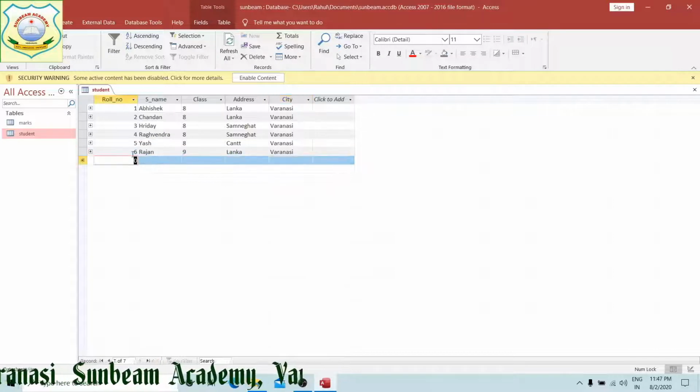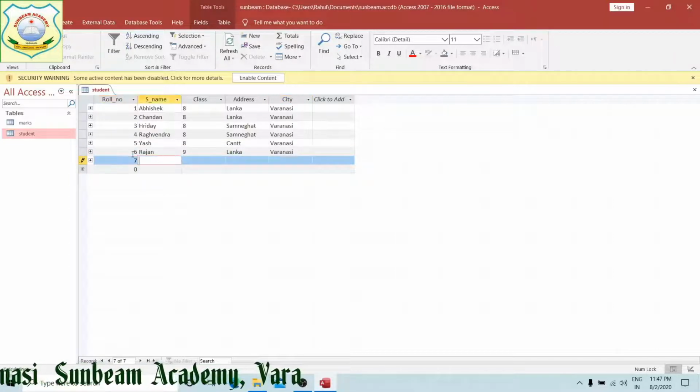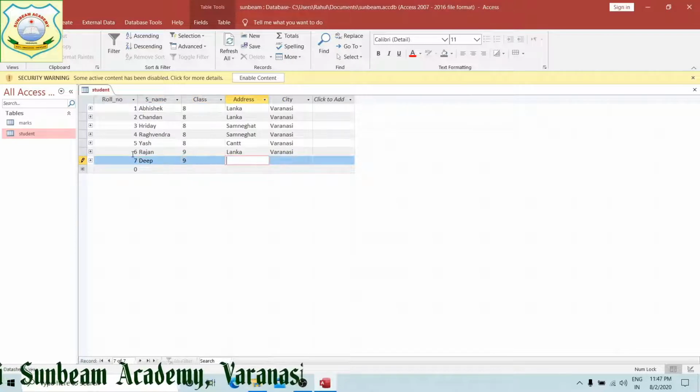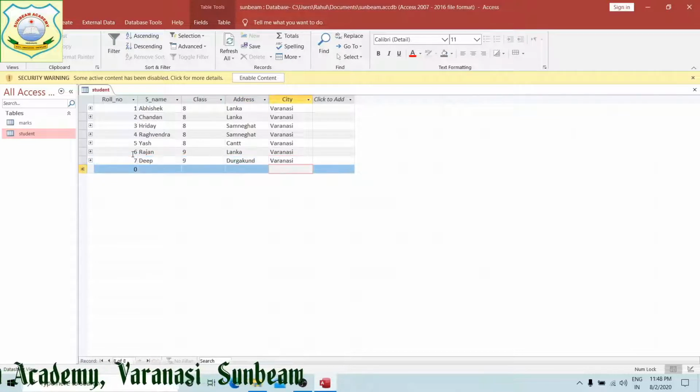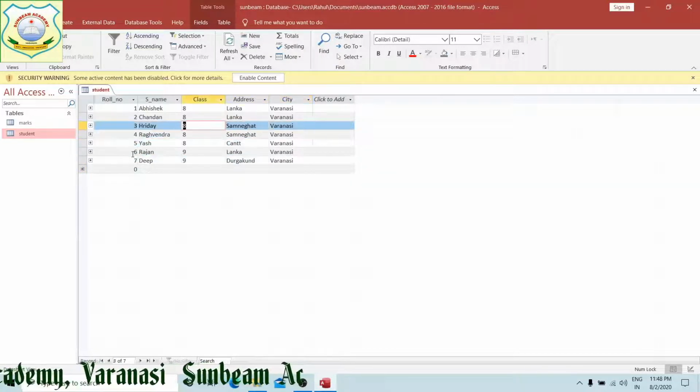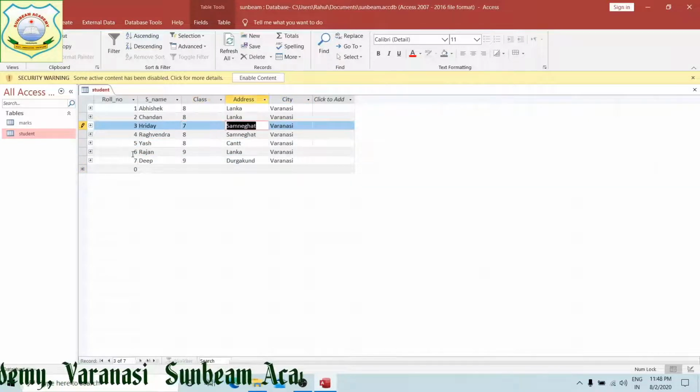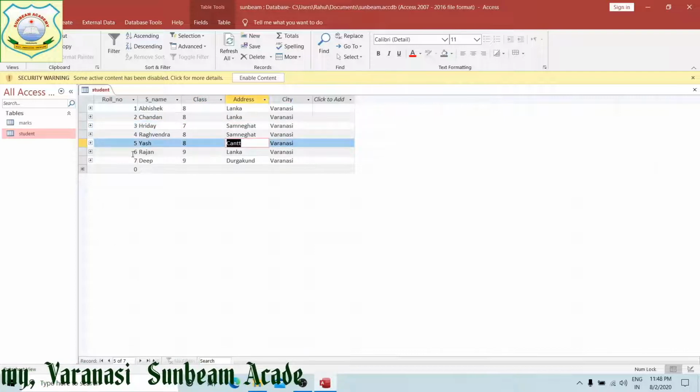A few data I am putting here, 7 roll number, any name I am providing. Suppose a few names I have given, a few for class 8, I am going to make it class 7, 7, 8, 9, a few persons' data I have taken.